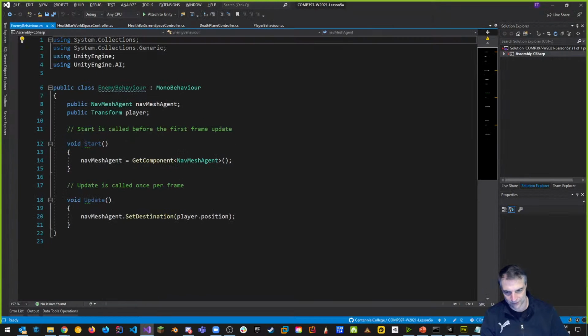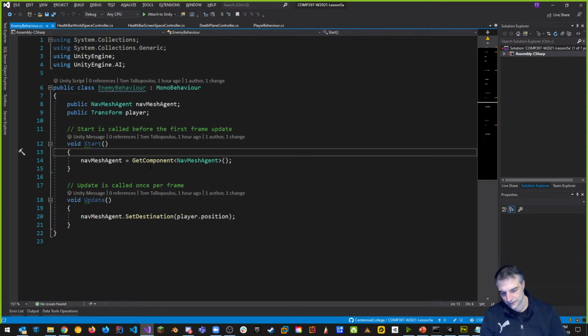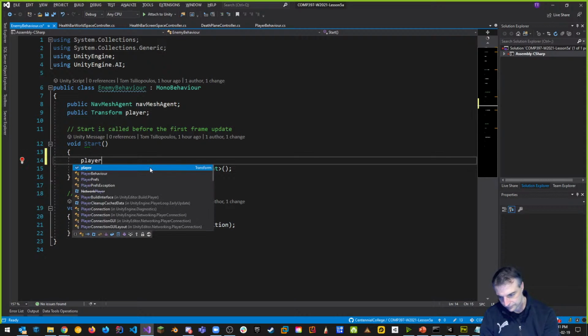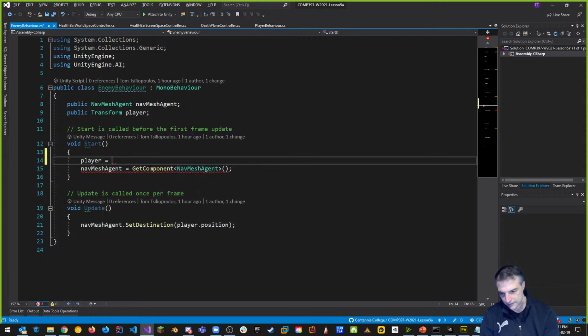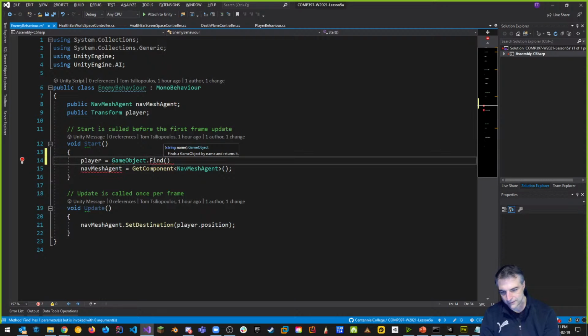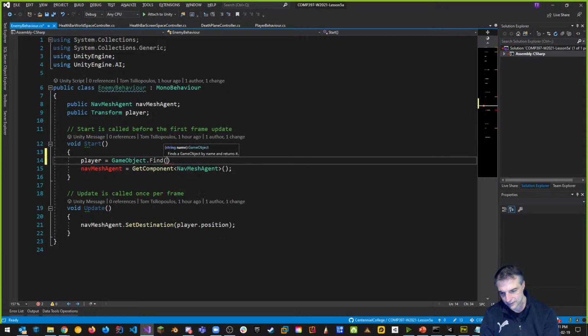This is enemy behavior. So enemy behavior says the player is a transform. I need to do the same thing with my enemy behavior script too, in my AI from last week. So the way that works is I want to say, hey, player, that's going to be equal to the GameObject dot Find, and again, there's different ways to do this. I want to find with a name of player,